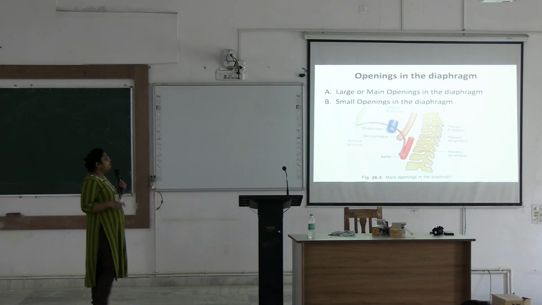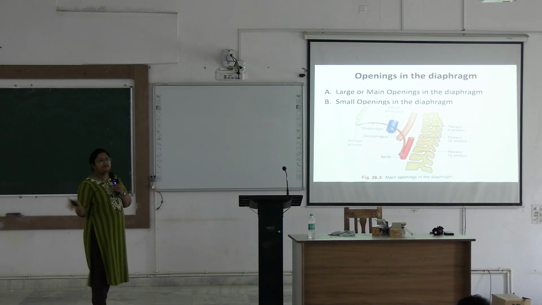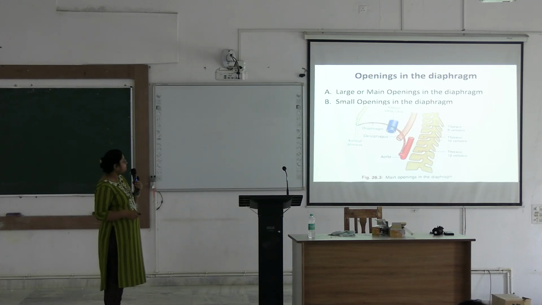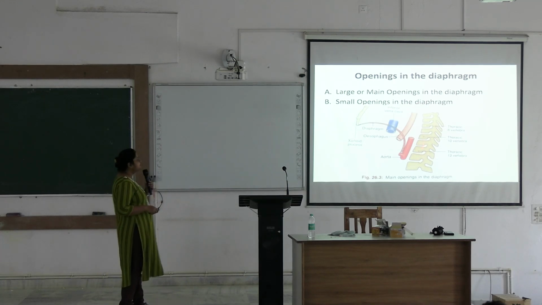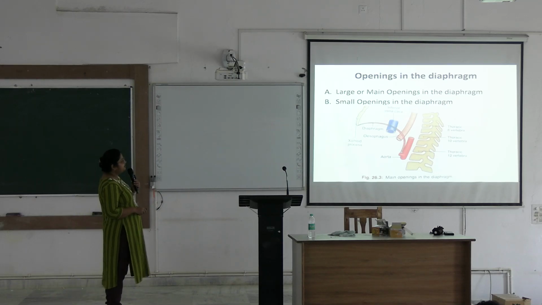Next we are going to the openings of the diaphragm. This is very, very important, asked in your viva table, and also important for theory, short note, part of the long question. So there are large or main openings in the diaphragm and some small openings. These are the three large openings. Posterior most, here is the aortic opening, and this is the lowermost. You can see it lies at the lower border of T12, the 12th thoracic vertebra. Anterior to it is the esophageal opening.